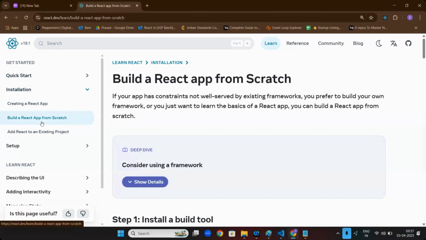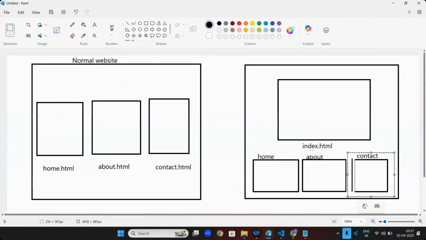Is it clear, everyone? What is a single page application, and how it works also. Understand practically. If you understand practically, in an interview you can rock it.